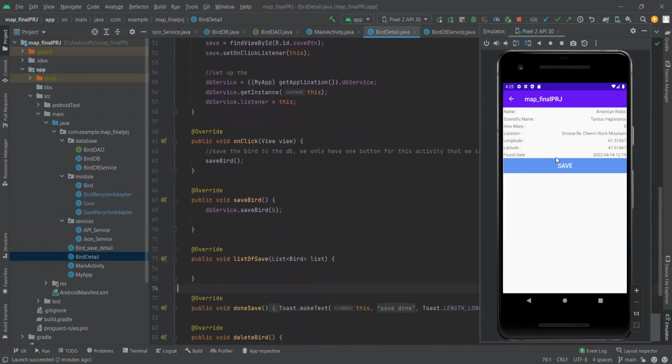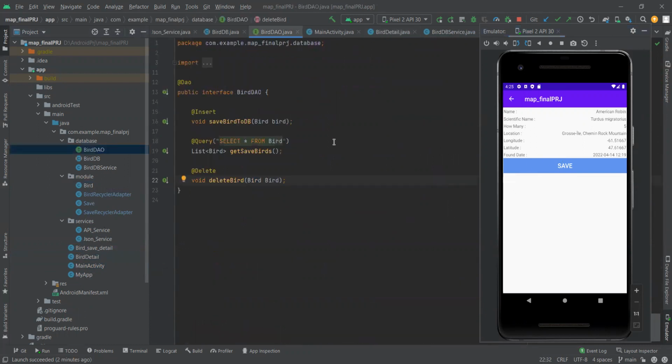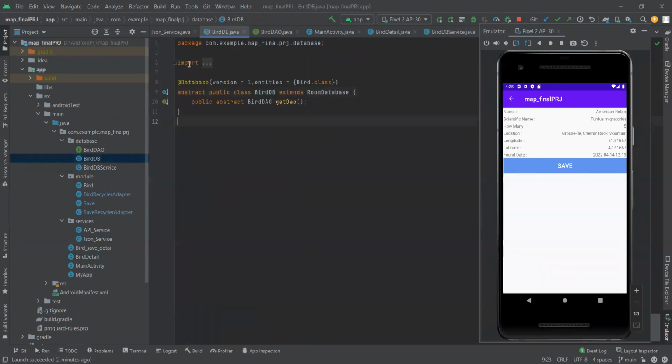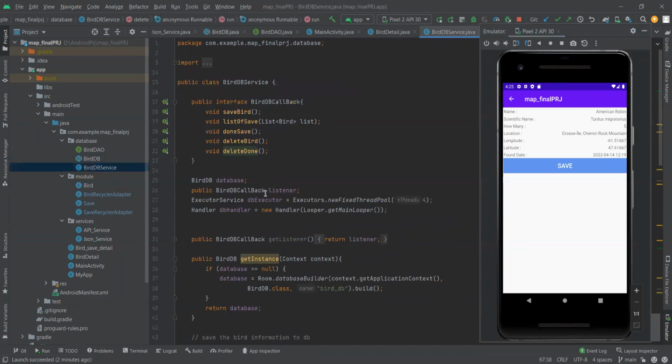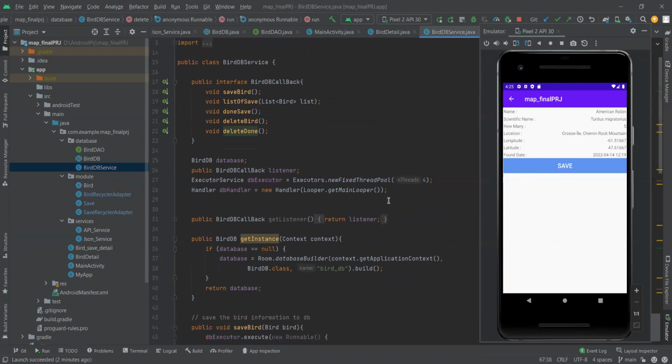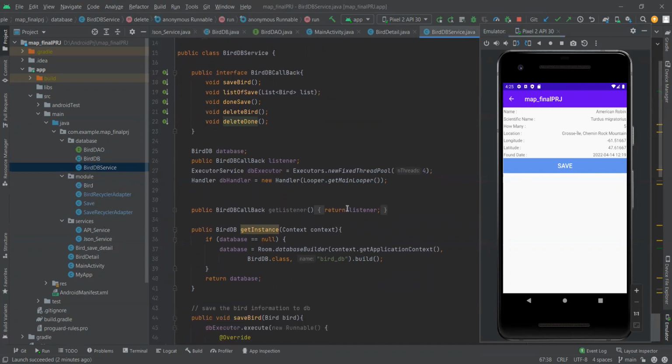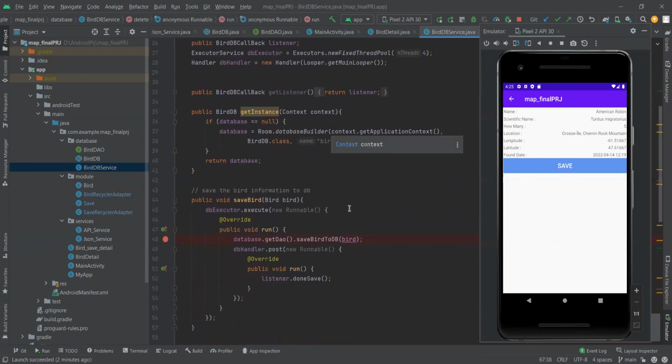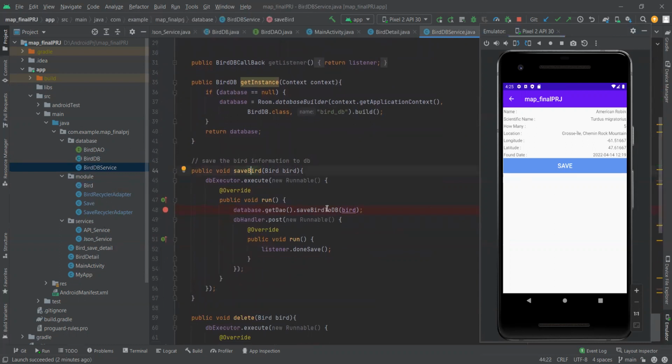And now we can save this bird to the Room database. And here's the bird DAO. Basically, it has three functions: the insert, the query to get the bird list, and the delete ones. And here's the bird database and the bird database service. If I click on the save button, it will use the bird database service to save the bird, and once it